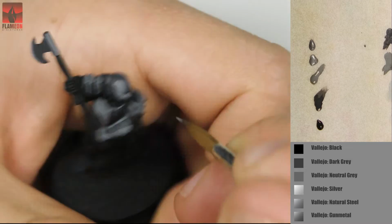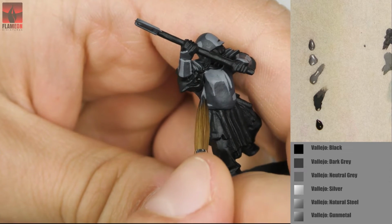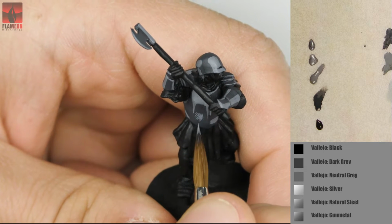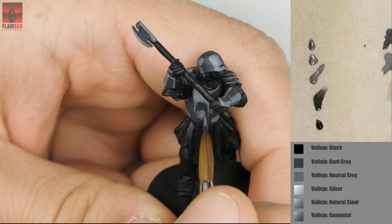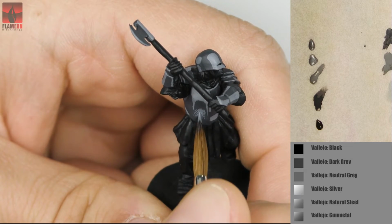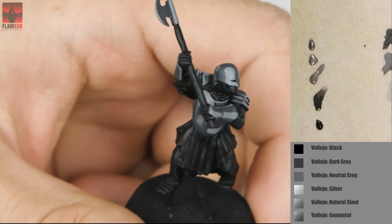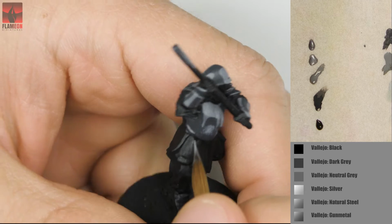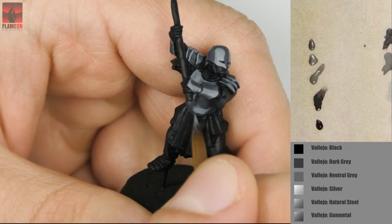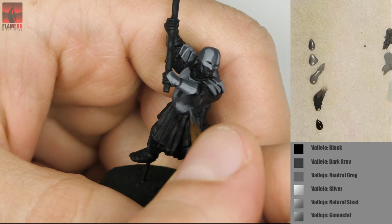Because these are two completely different mediums. You have complete control over reflections and shadows when you're working with NMM, and on the other side, when you're working with metallics, you have a surface that is fully reflective. But you also need to create the shadows and reflections in a way, because then everything would look just odd if you did not have this. Because miniatures like this especially are really small, so to make the details on them more visible, we need to make them more visible. If you're working on some kind of a knight bust, then on a bigger scale of course, you can probably achieve a much better effect with metallic paints